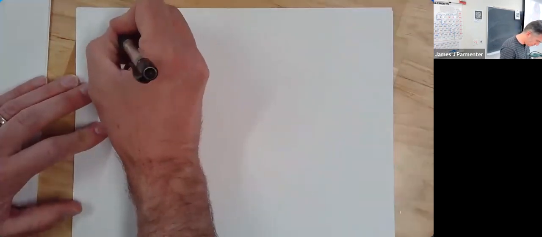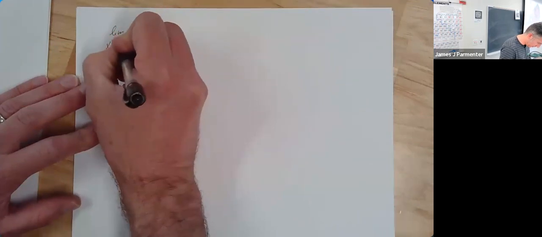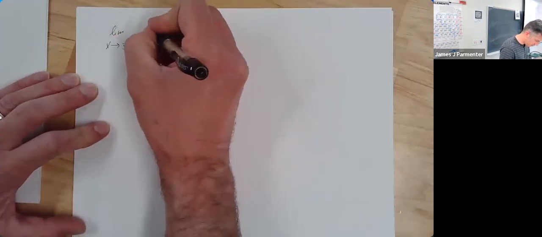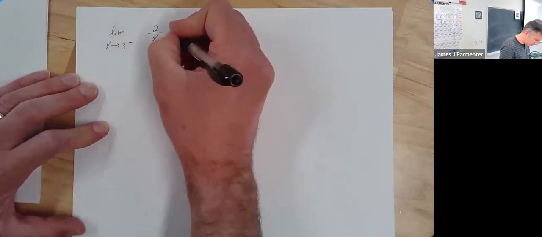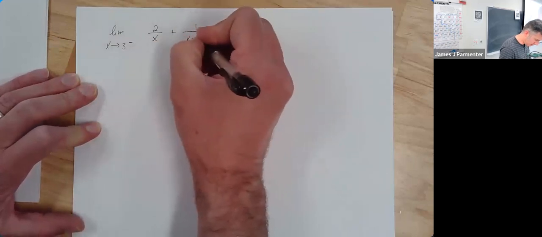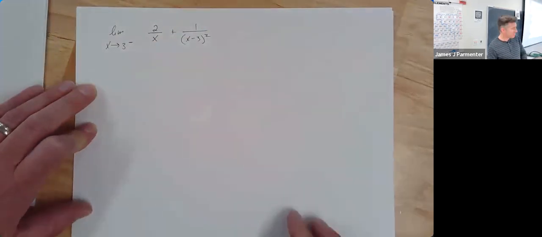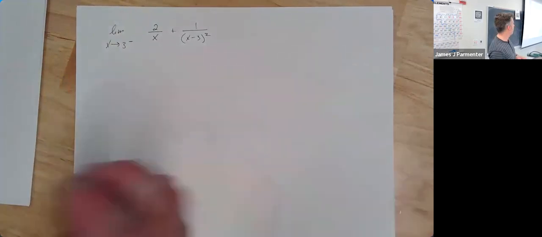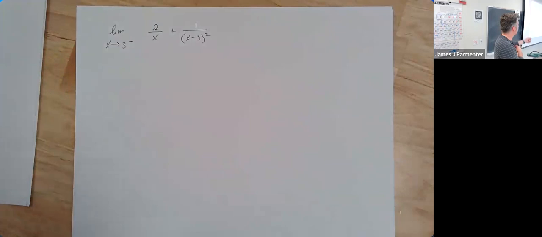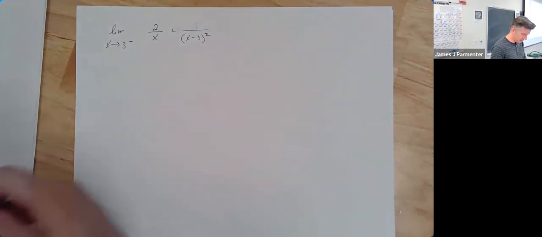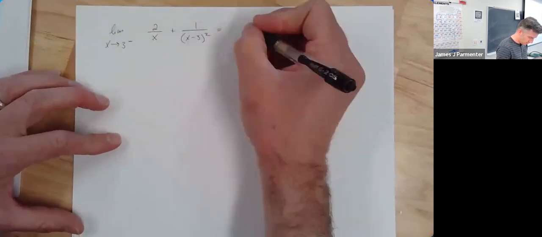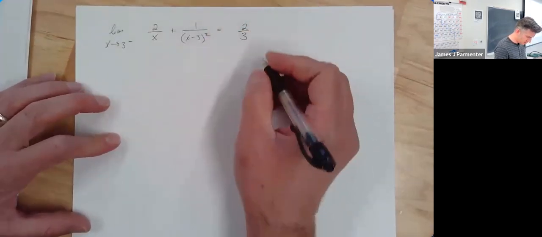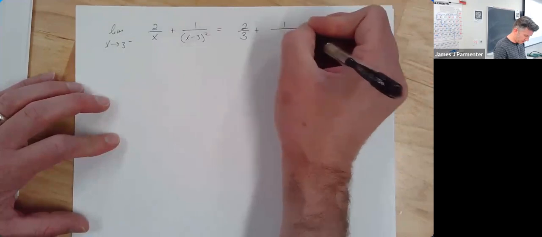So the limit as x approaches 3 from the left-hand side of 2 divided by x plus 1 over (x minus 3) squared. I feel like this one's a little misleading, but probably purposely. How would I say this? I would always start with plugging it in. So if we plug it in, we get 2/3 plus 1 divided by,